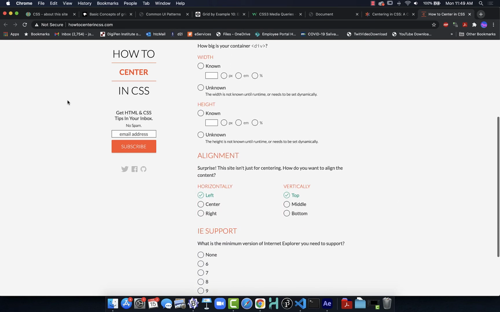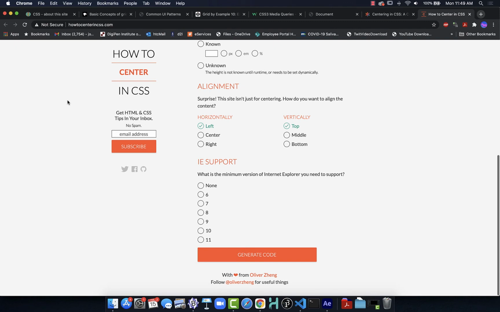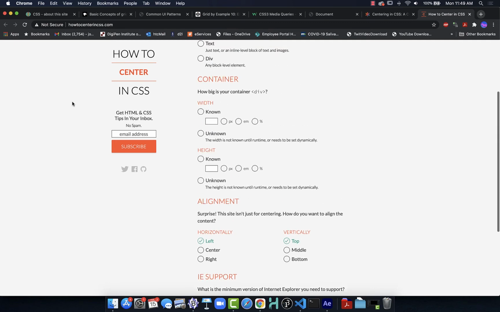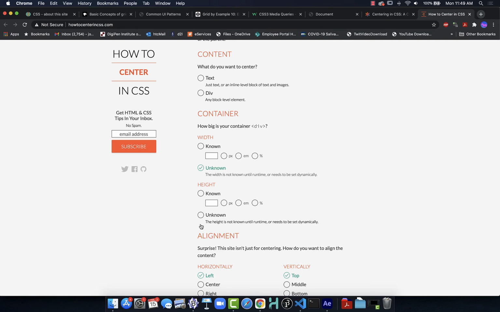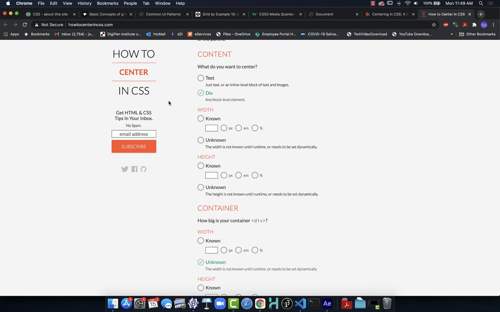Do I know how big it is or not? And then how do I want it centered? What support do I want? And it will give you code that you can copy and paste into your document. Then you just need to make the magic happen. So if we say it's an unknown height, unknown width, and I'm centering a div,